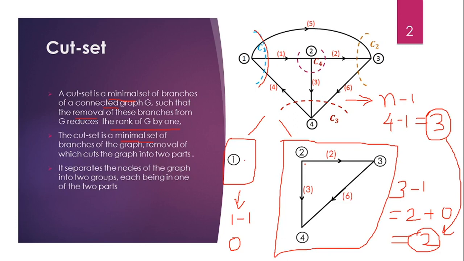That means if the main graph has, say, 4 nodes, then after doing the cut of this graph, these nodes are divided into two groups. It may be a group of 1 node and a group of 3, or a group of 2 and 2, whatever, it depends on your cut. So this is the cut set. So if we have this graph, how many cut sets are possible?